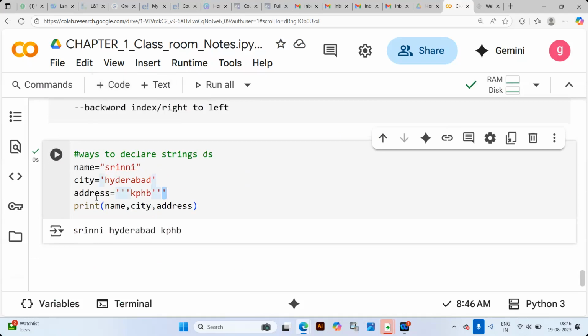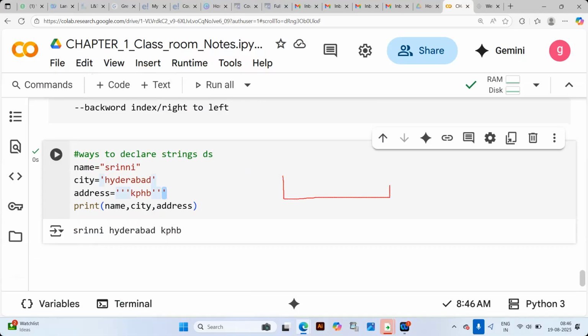Once the string is holding particular data, it maintains storage. Let's suppose you have declared Srini as a name.